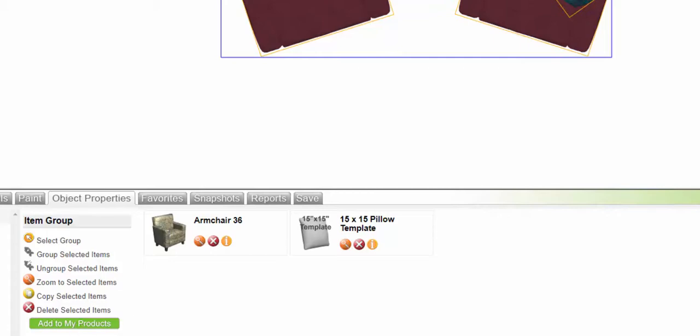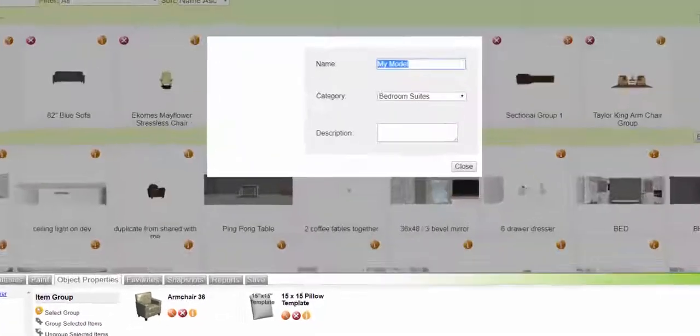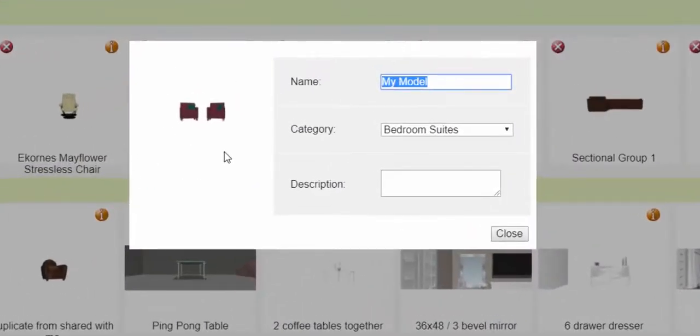So essentially all we need to do now is hit the Add to My Products button. And what it does is in 3D view, it takes a picture of the objects that you're adding. And so you can now see the benefit of not having the background scenery showing, because it would sort of camouflage the view. So at this stage now I want to categorize my model so I can easily find out what it is. In this case, I'll just call it two armchairs